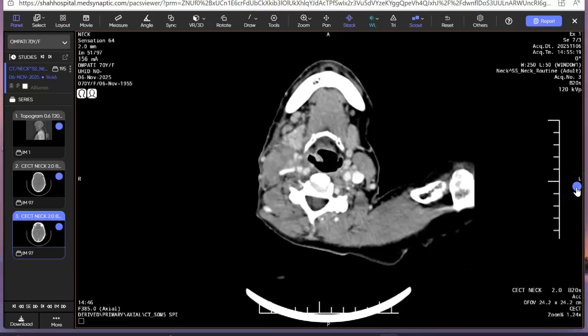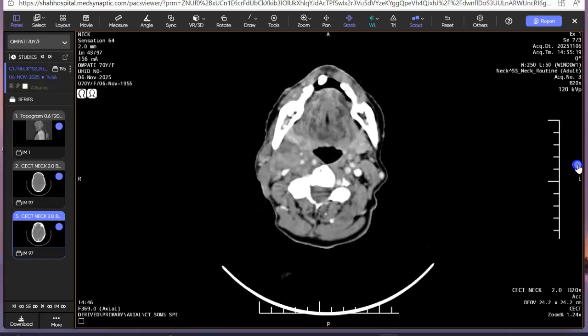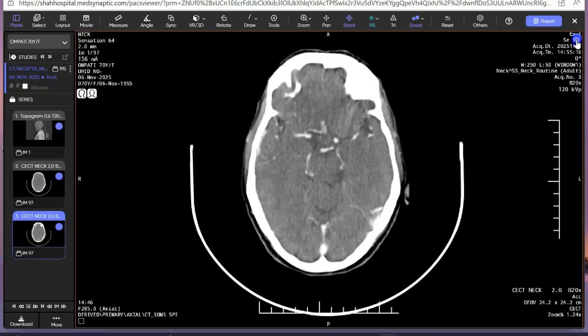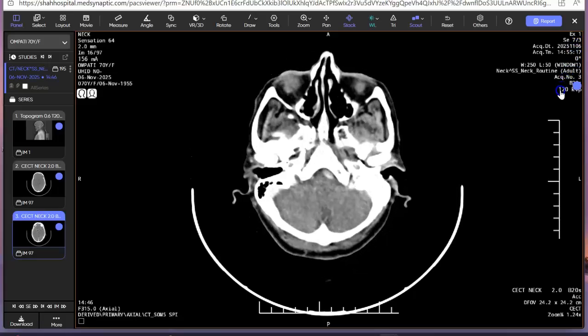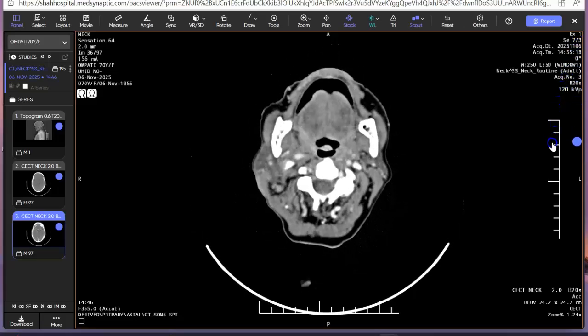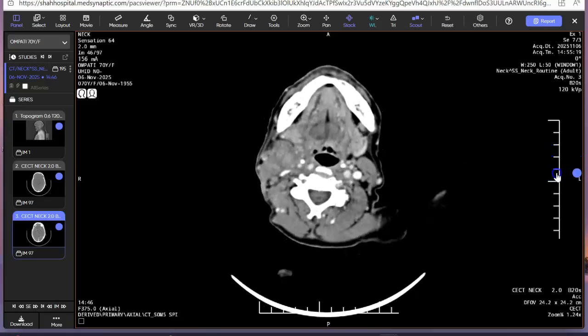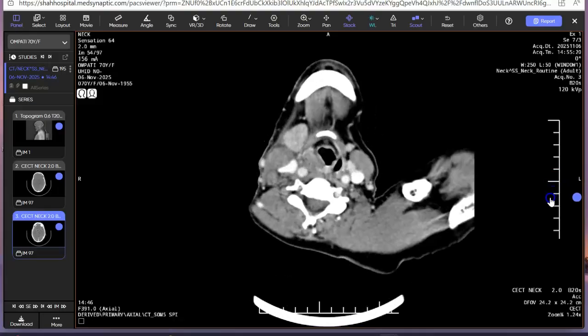Hello. So this is a case of a 70-year-old female with history of voice change and neck pain since 6 months. So we'll start with the normal CT anatomy. As you can see, this is a contrast axial image CT neck. So as we scroll,